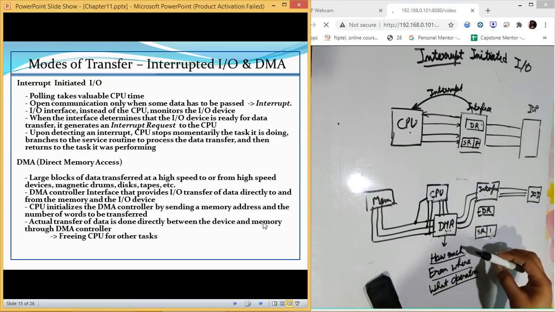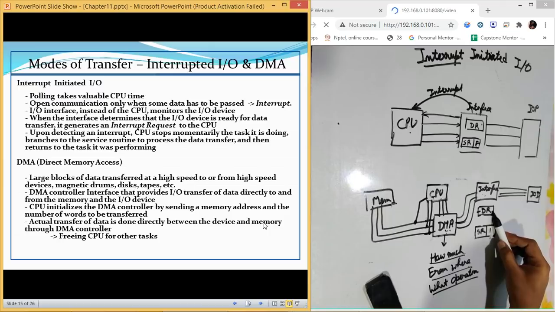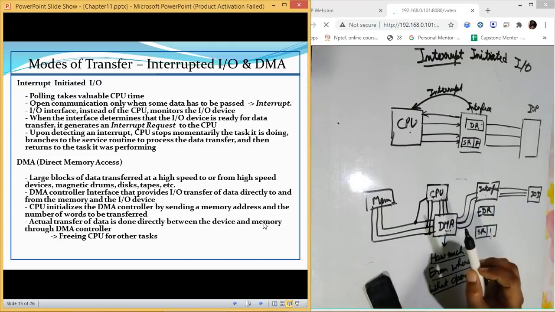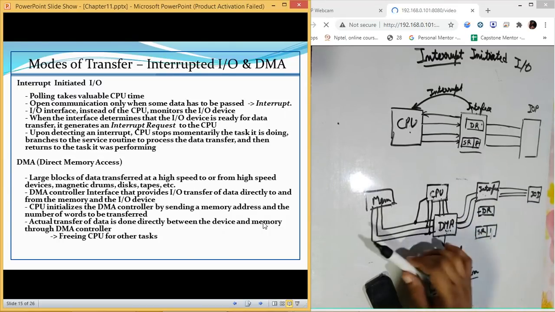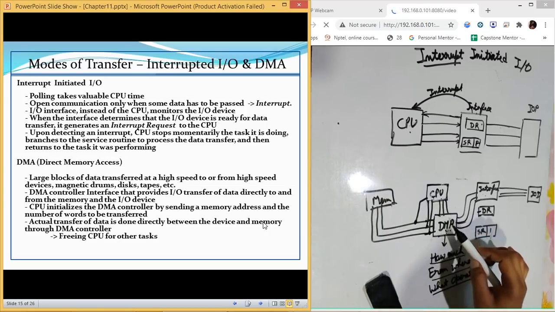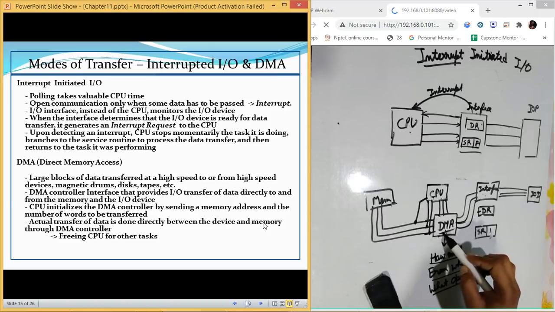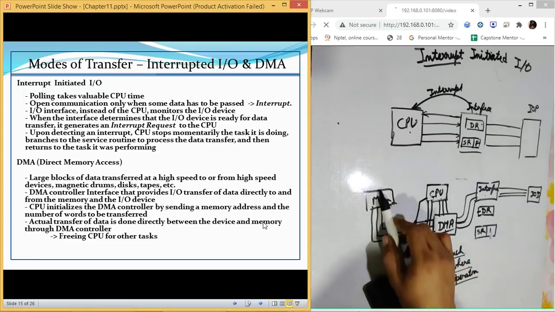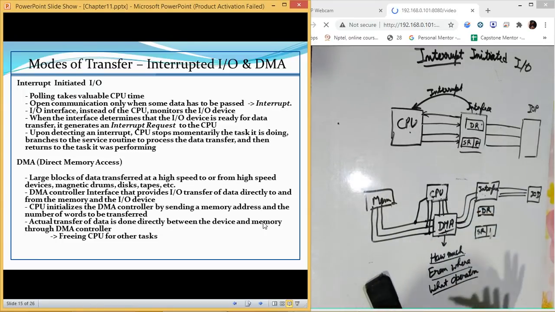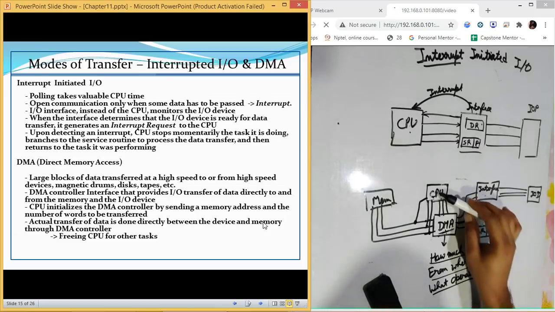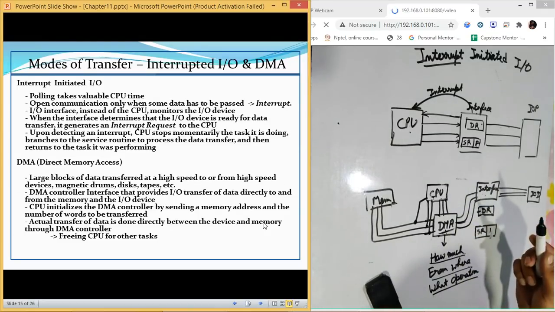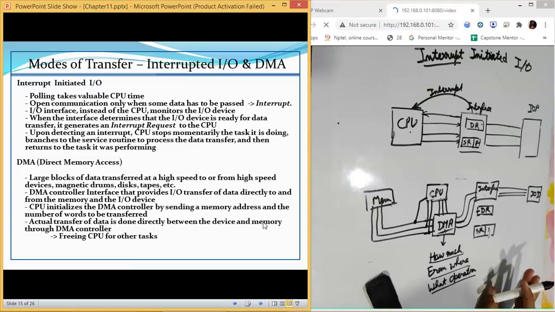Once DMA has the data in the data register, DMA tells the CPU, wait for a while, I have to transfer the data. If the CPU gives DMA the authority that yes, you can transfer the data, DMA will directly transfer the data from DR to memory. CPU will not be involved in it. CPU will simply keep on executing its instructions and doesn't bother about it.